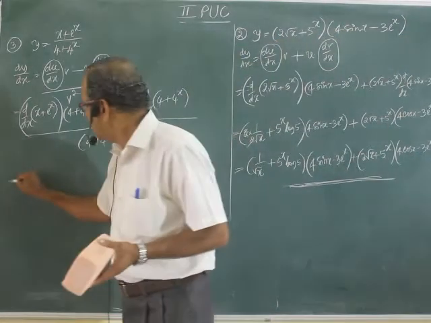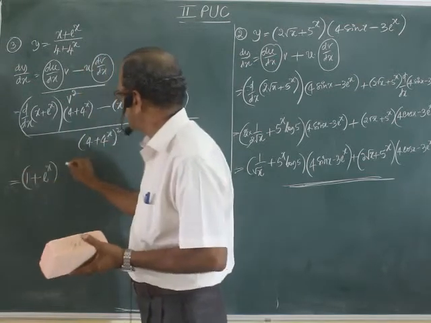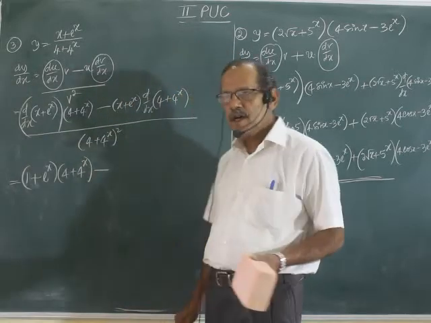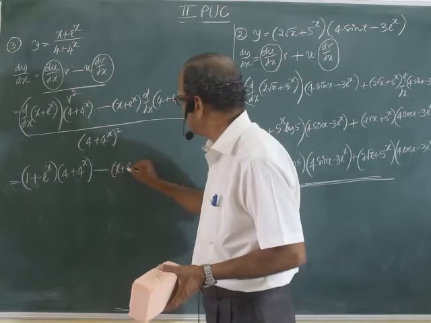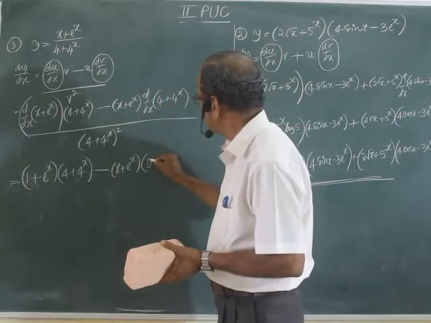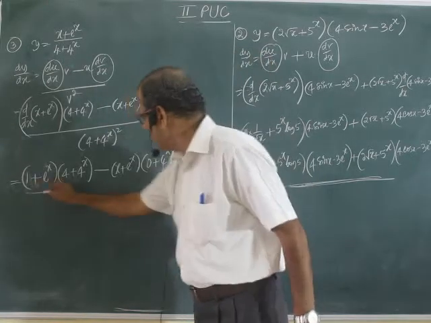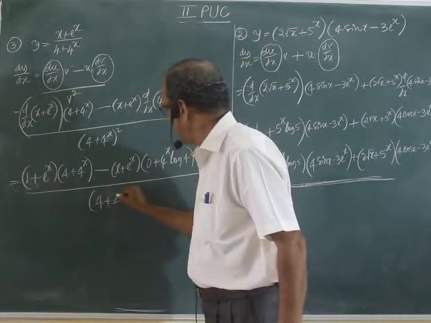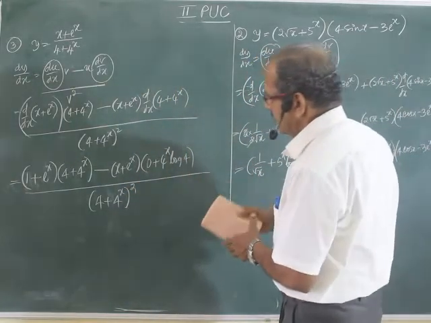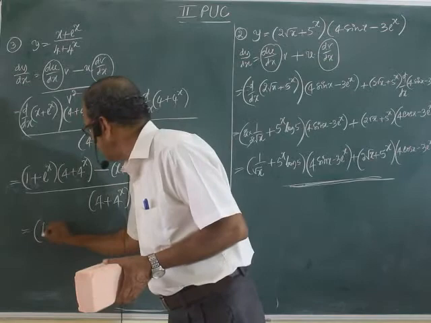Next, derivative. Derivative of x is 1. E to the power x, e to the power x as it is. Second function, no change, write once again, v as it is. First function as it is now, x plus e to the power x. Write the derivative of this carefully. 4, 0. 4 to the power x, 4 to the power x log 4. Full divided by square of the denominator. Any more simplification? Instead of writing 0, let me write one more step. That will be the answer.